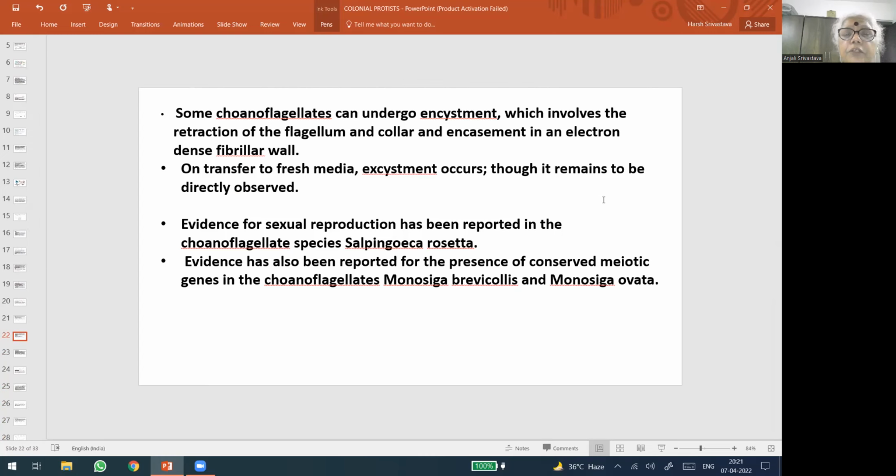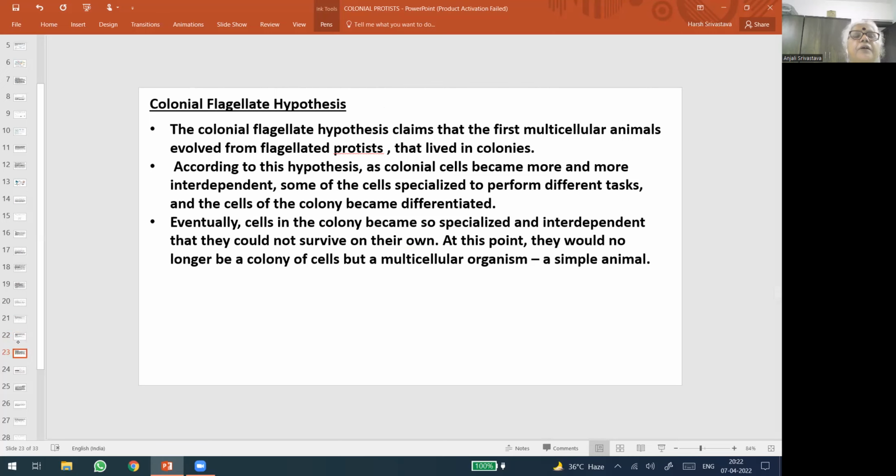The evidence for sexual reproduction has been reported in the choanoflagellate species Salpingoeca rosetta. Evidence has also been reported for the presence of conserved meiotic genes in the choanoflagellates Monosiga brevicollis and Monosiga ovata. So all these types of reproduction and life cycle phenomena the choanoflagellates show, and this colonial type of